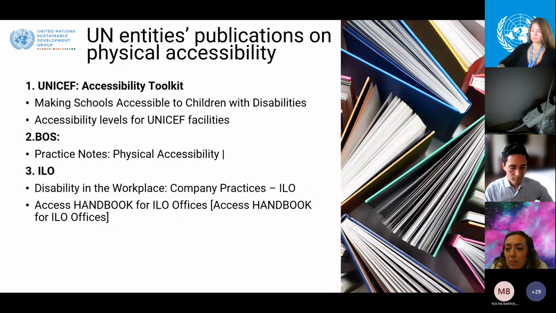And also the ILO have created some guidelines and toolkits to be used in workplaces or to make workplaces accessible. So I really urge you to have a read through that.